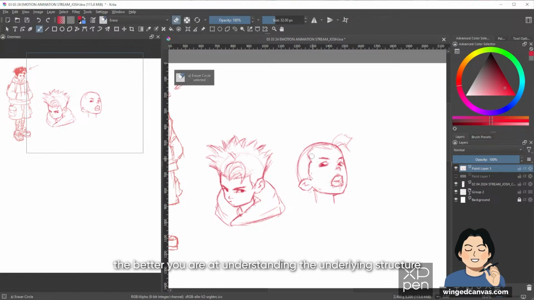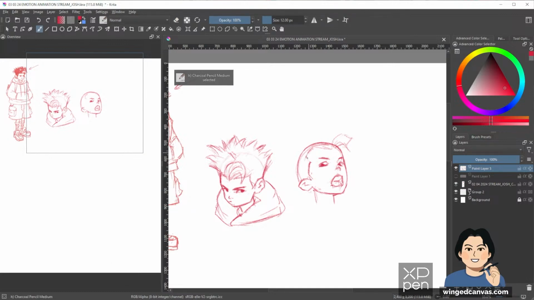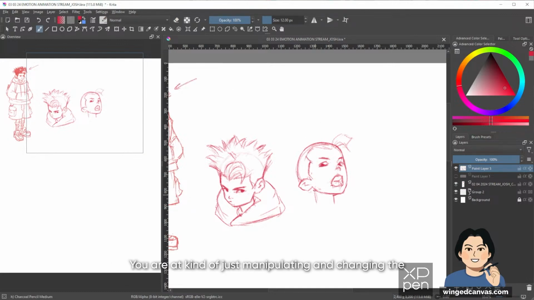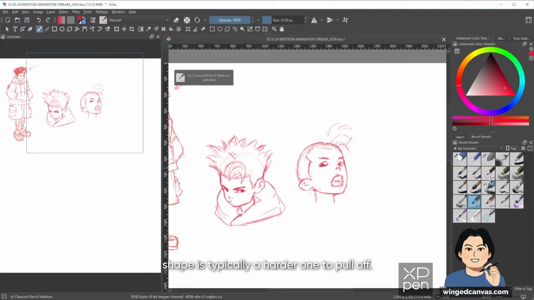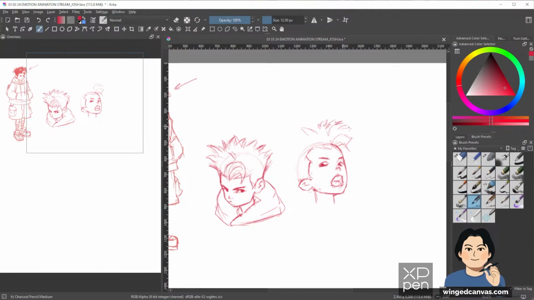The better you are at understanding the underlying structure that lies underneath the head, the better you are at manipulating and changing the shape of the head that you need to draw. So even though this head shape is typically a harder one to pull off, I can kind of wing it just because I'm relying on the underlying structure underneath.